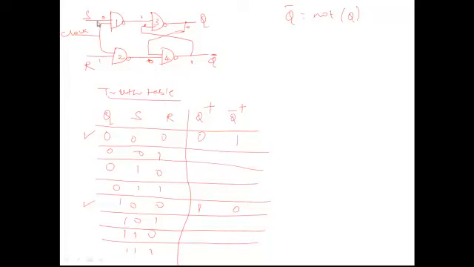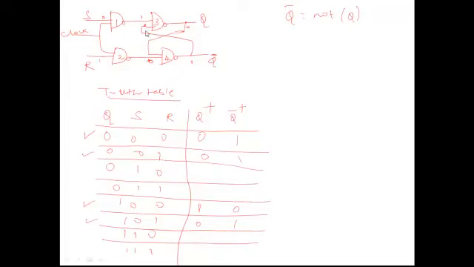So when S is 0 and R is 1, it is completely independent of the present state. It is always giving you Q is 0 and Q bar is 1. So you can write here Q is 0, Q bar is 1, both for the 001 combination and 101 combination. Why? Because when we derived this state, we understood that it is not depending upon the present state. Whenever S is 0, the top NAND gate is giving you 1 and the bottom NAND gate is giving you 0. So now the fourth NAND gate output is 1 because one input is 0. So this output will be 1.